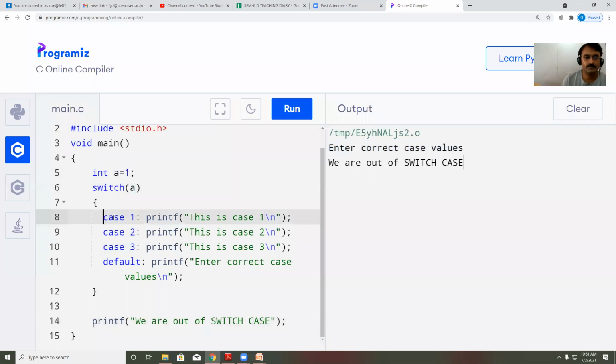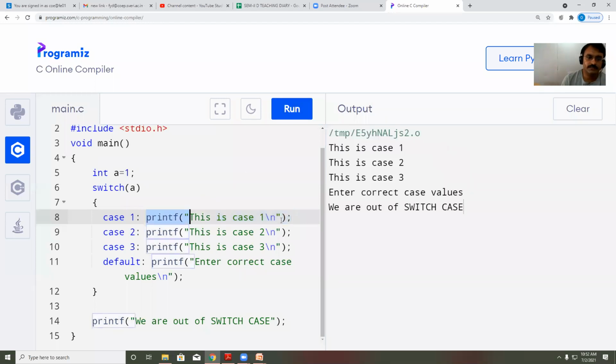So I have case 1 present, but what happens here, when it encounters case 1, it will execute the statements, instructions, or calculations, whatever you have mentioned in case 1. It will not only execute case 1, it also goes for the next case and the next case. Check. Now it has printed case 1, it also printed case 2, case 3, and default as well.